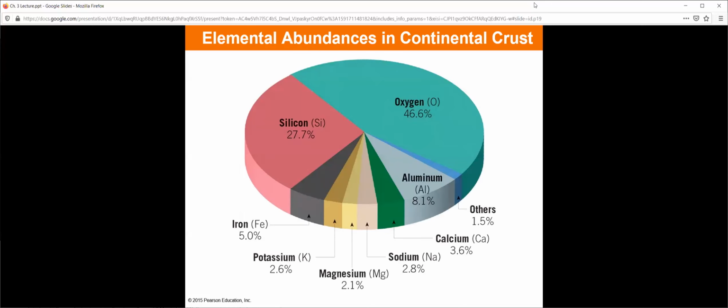There are other elements, as I said, right? Iron, potassium, magnesium, sodium, calcium, aluminum, etc. But those all usually are in molecules or compounds alongside silicon and oxygen to form what we see. And even though there's just these 8, that doesn't seem like a lot, there's a lot of variety within these elements, right? Go back to chemistry. Think about all the different ways you can combine hydrogen and oxygen together.